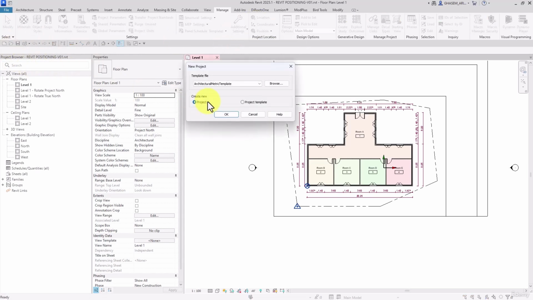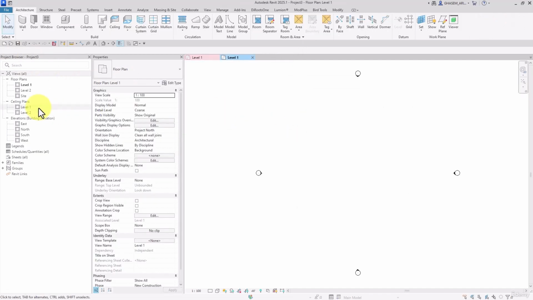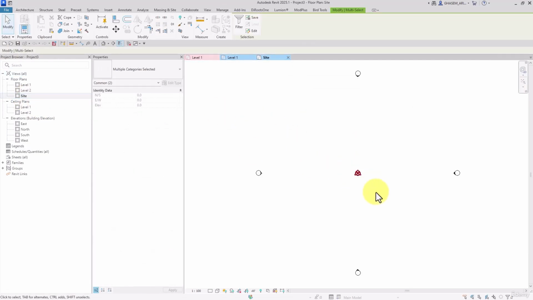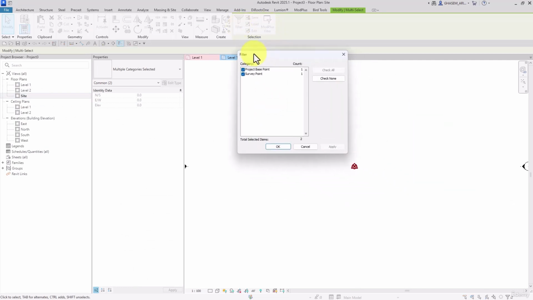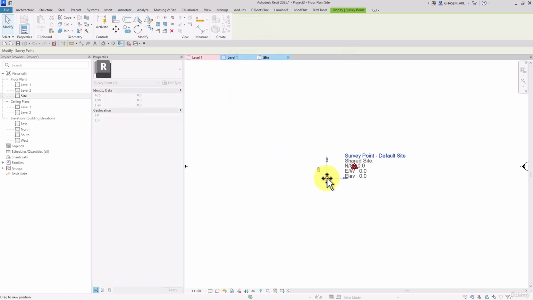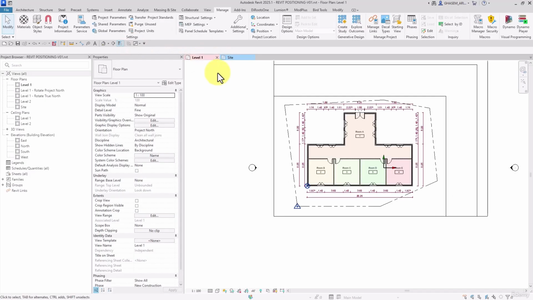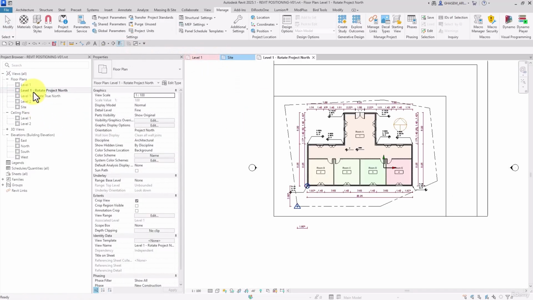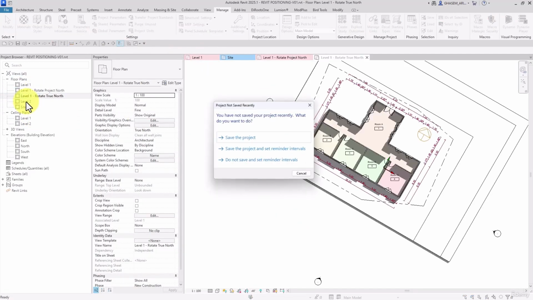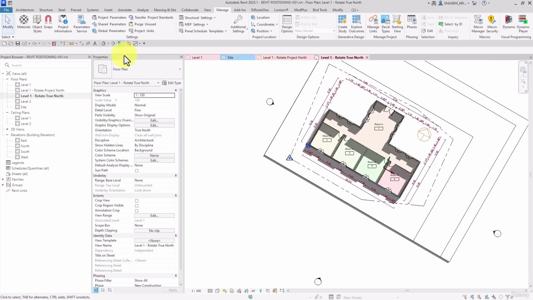So firstly, let me open a new template file, then inside plan view, this way. Here we got the project base point and survey point both at the same position. Let me move the survey point just for a test. Then we get back to our file, and then in this part, let me see,